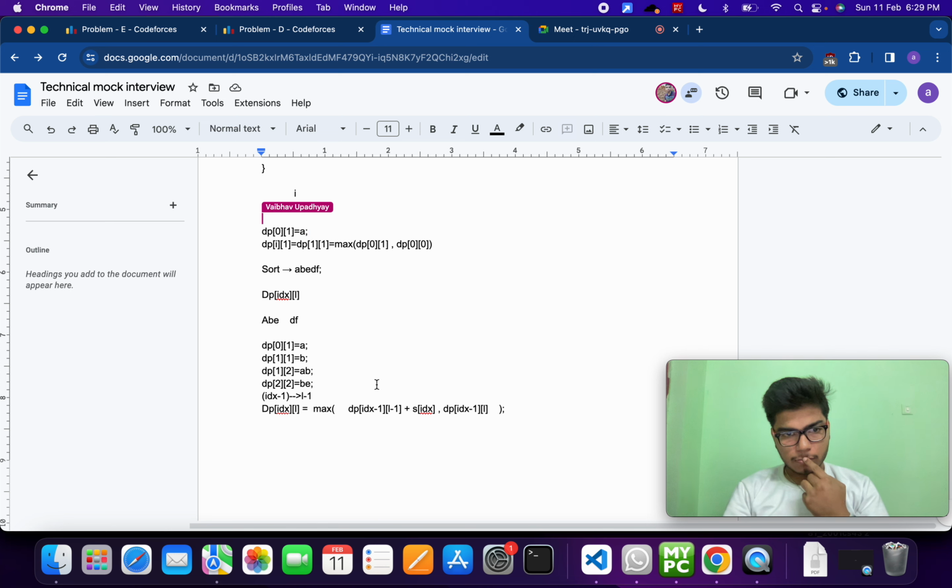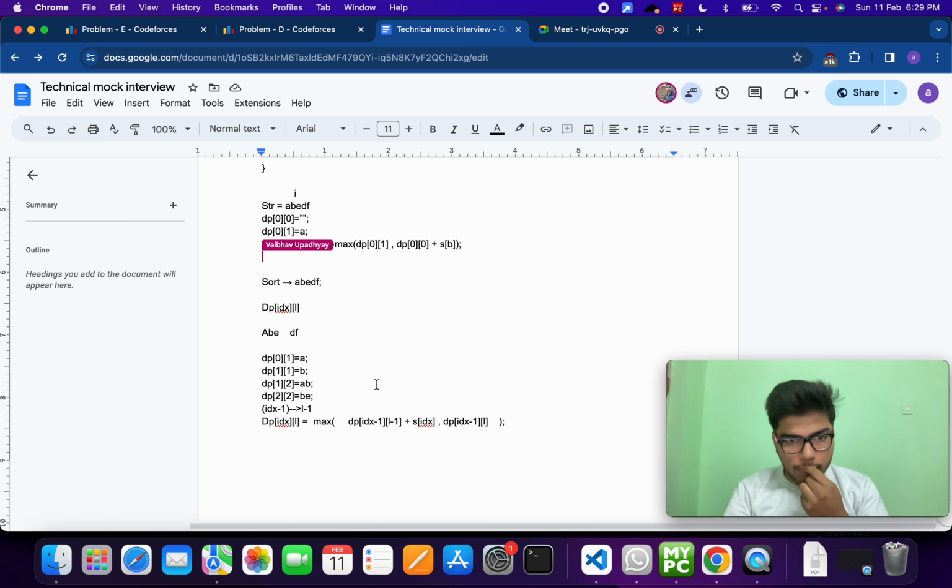Initial value of dp of 0 will be like an empty string, plus the current character. What is the current character? Which is b. So this will give dp of 1 comma 1